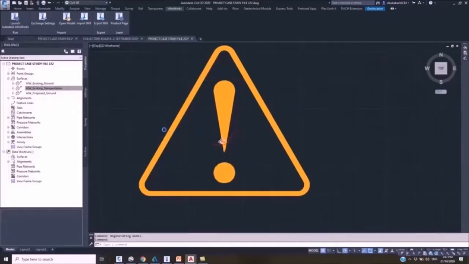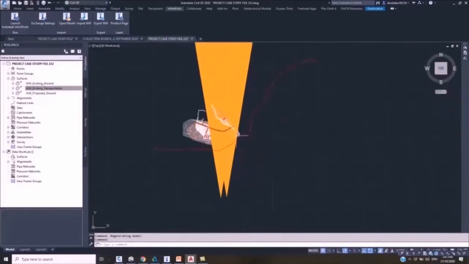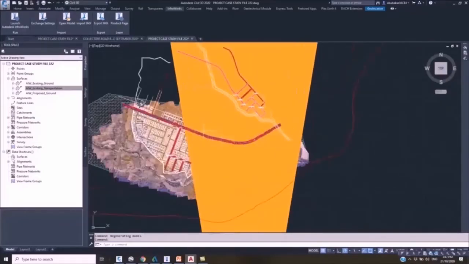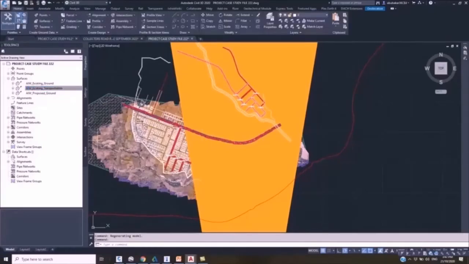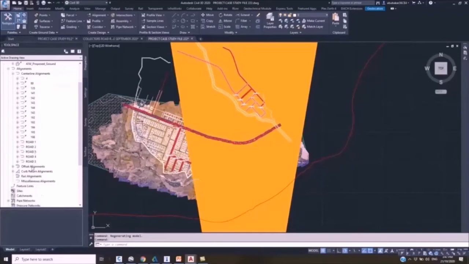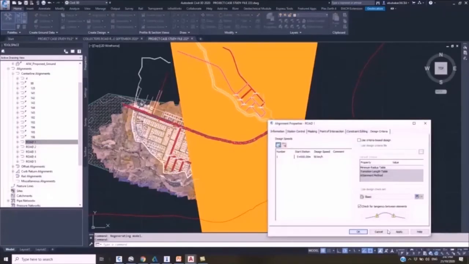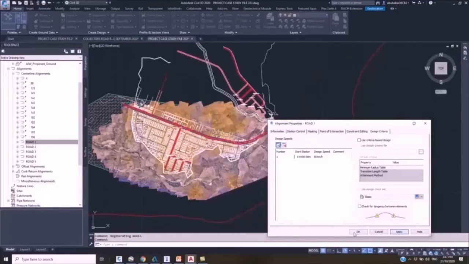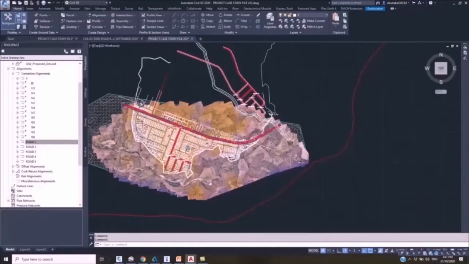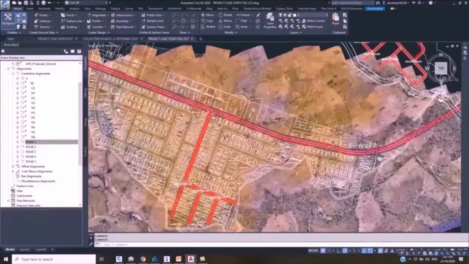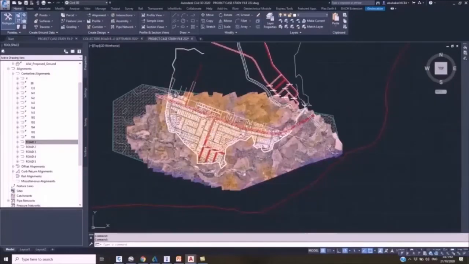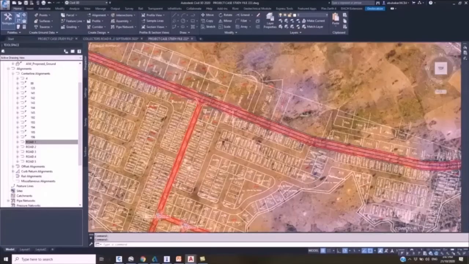So now reflecting on these coordinations, we're going to resolve the effect of this on our alignment. Let's check it out under the alignment settings to observe what is happening. So we've resolved that. So now in all the information that we loaded, you can see from InfraWorks, the major